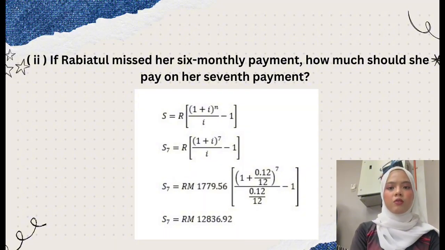First, we use the future value of annuity formula to calculate the total amount accumulated from monthly payments over a period of time. In this question, the monthly payment is RM1,779.56 and the annual interest rate is 12%. Since payments are made monthly, the monthly interest rate is 1%. We calculate the total accumulated value after 7 months by substituting the values into the formula. After completing the calculations, the accumulated amount after 7 monthly payments is